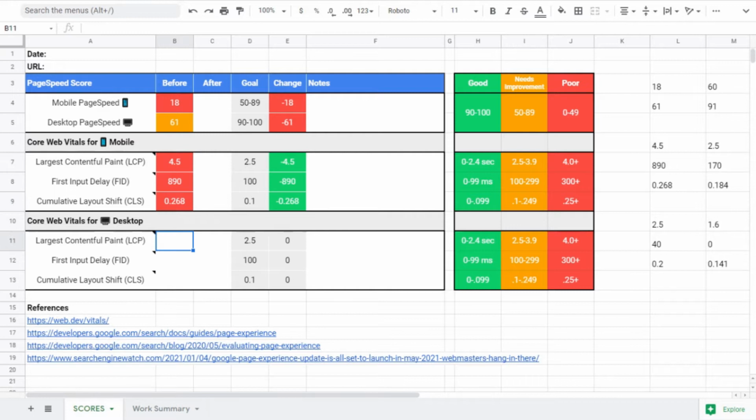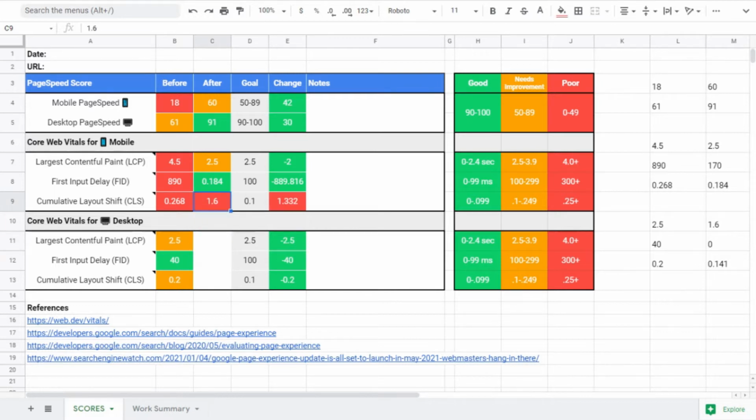I wanted to share a cool report that I developed to help me document Google page speed metrics before and after making changes to a website. A lot of the work we do here is focused on speeding up websites. Google page speed scores can be somewhat difficult to interpret, so this report is designed to make the process easier